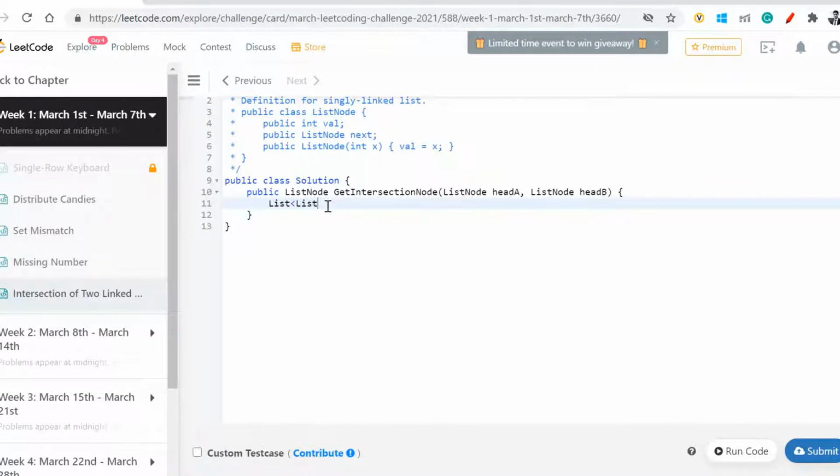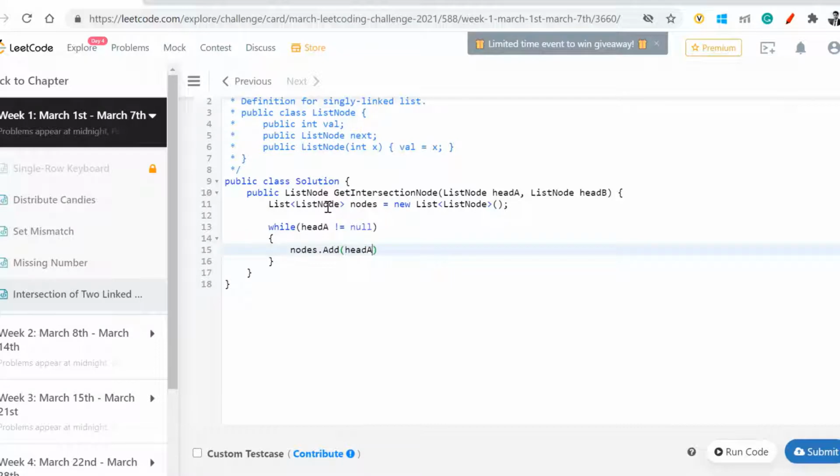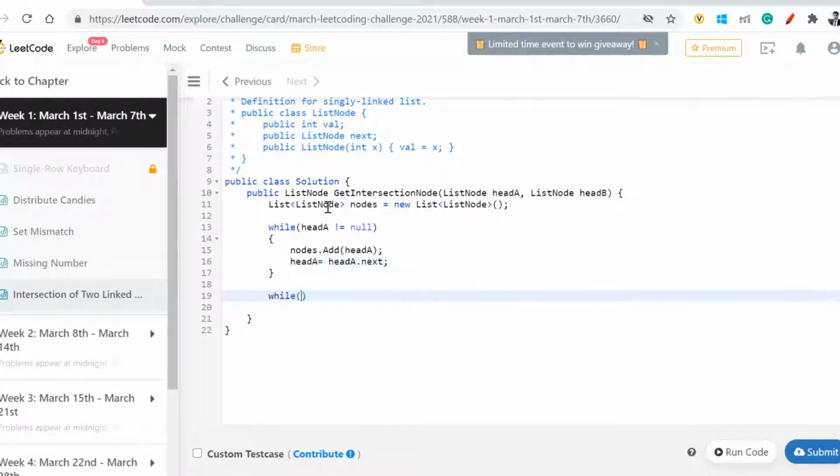Say I have a list, nodes is equal to new list of ListNode. Now I have this collection. What I'm going to do is, while head A is not equal to null, I'm going to add it into the nodes: nodes.add(headA), and headA is equal to headA.next. Then I'm going to run for the other one while head B is not equal to null.